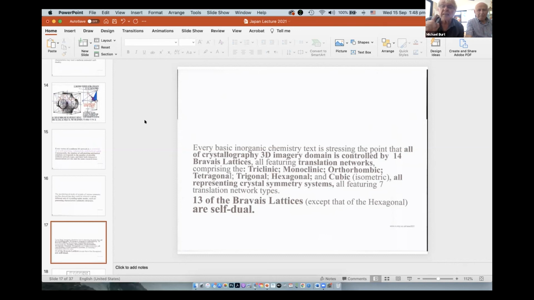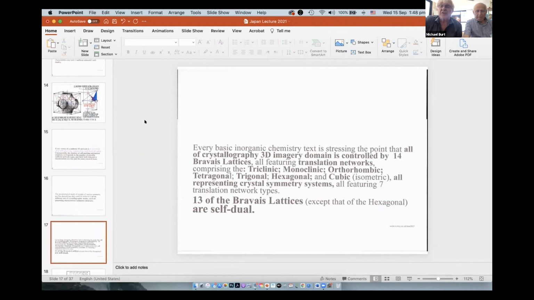And here a little surprise. 13 of the Bravais lattices, except that of the hexagonal, are self-dual, which means the 2 dual networks are represented by that